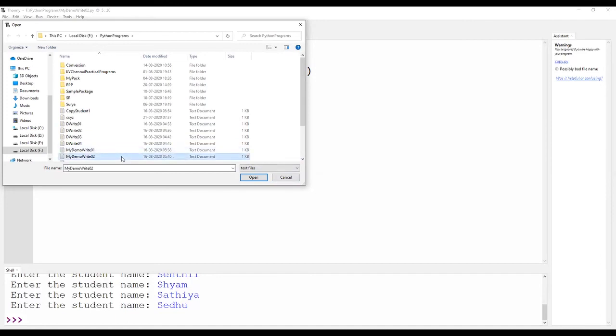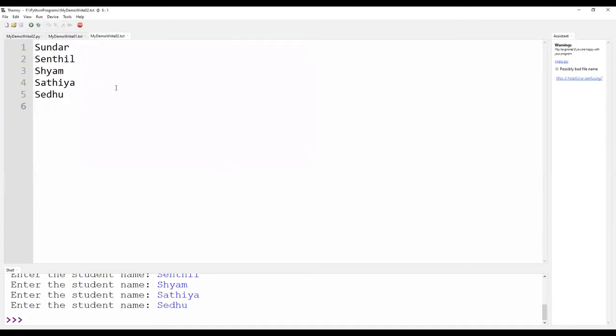If you see here, all the names are written line by line, whereas in the previous text file, it is written as one single row without any spaces.